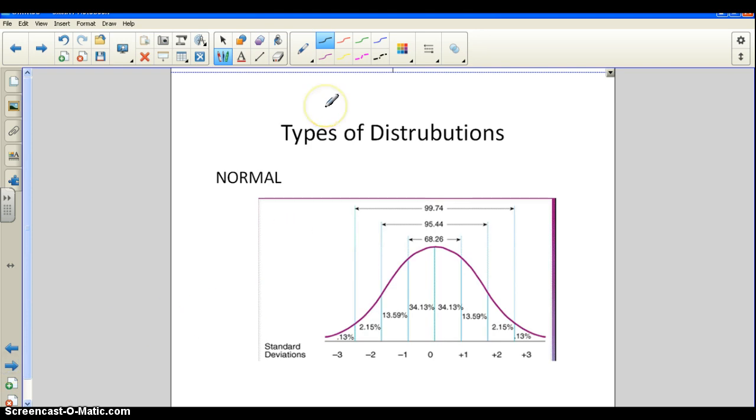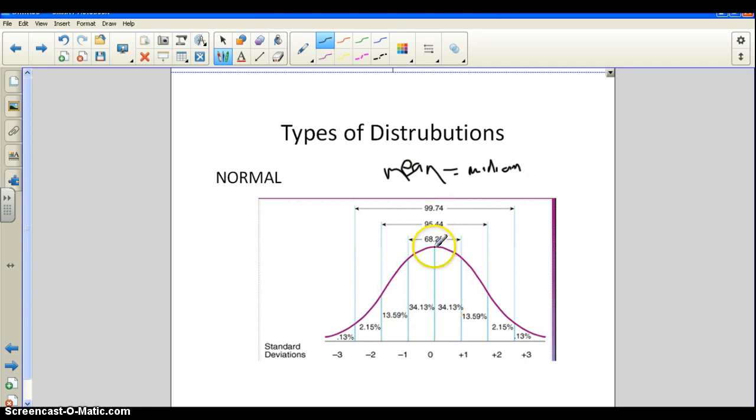So back to histograms. There are three types of histograms. You could have a normal distribution, and a normal distribution looks sort of like a bell curve. And in a normal distribution, the mean equals the median, as close as possible. So the mean equals the median. In a normal distribution,